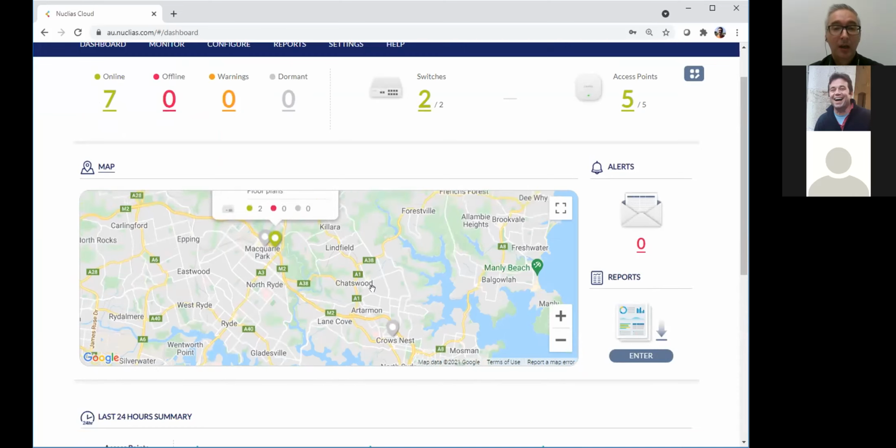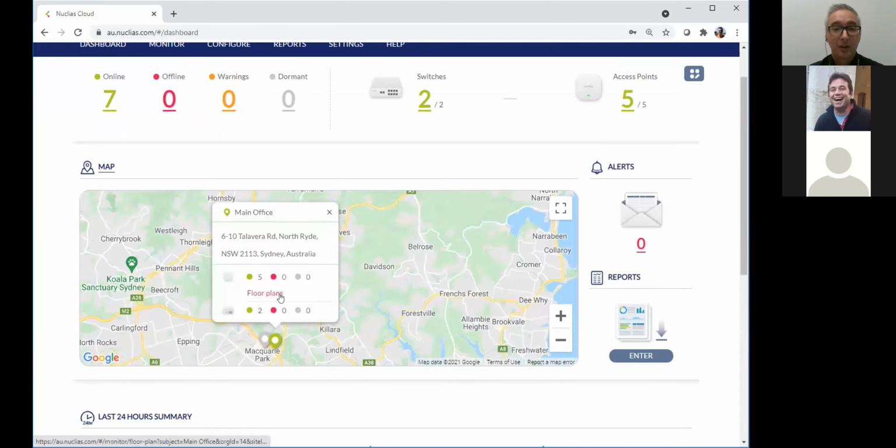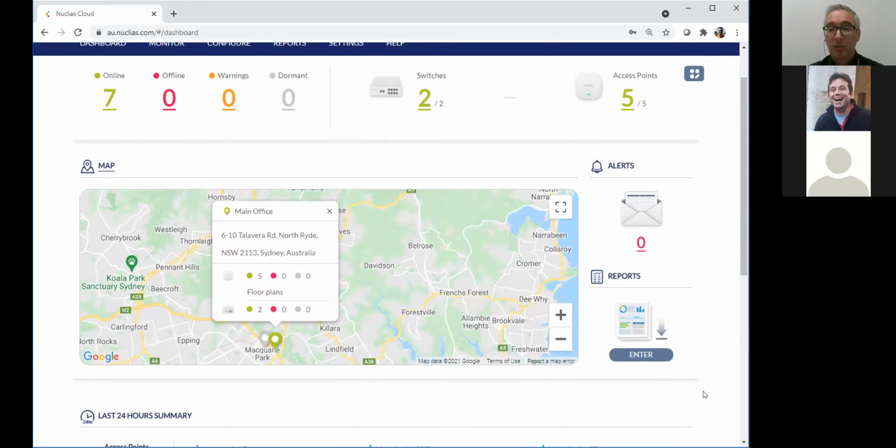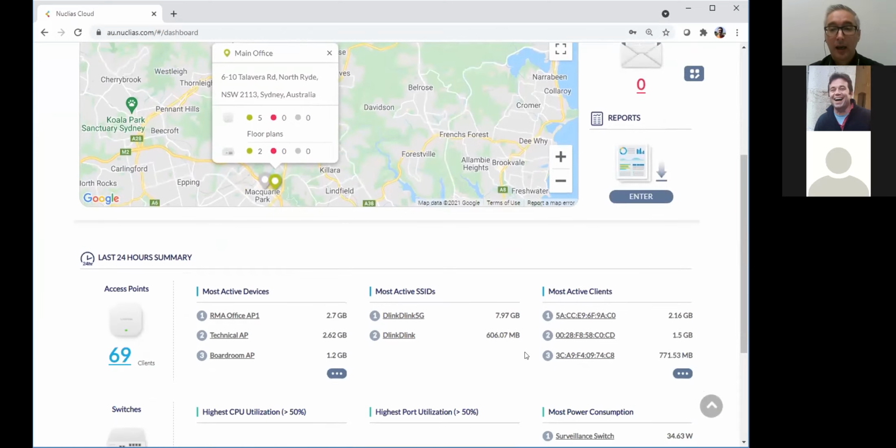And you can even click here on the site, and you can see what devices are there, what they're doing, if they're online or offline, and you can jump into floor plans if you need to. But I'll show that to you later. So you will see alerts here. You can jump into reports in here, and also on the dashboard you see a nice overview of all your